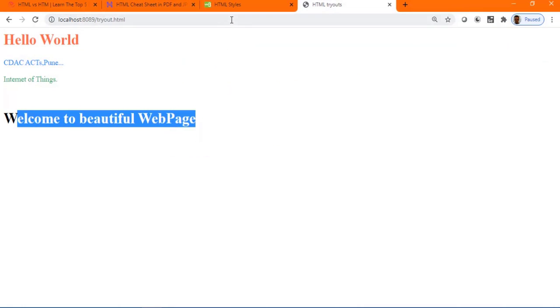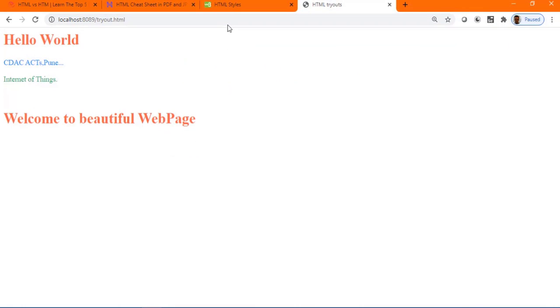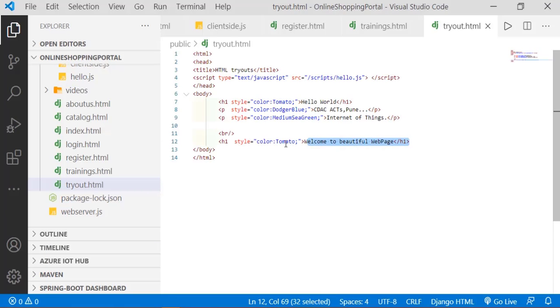What will happen if you have a lot of H1 elements within a web page? During that time, you really have to go back into the code, and inside this code, we have to write this H1 like this every time. So can we improve the readability of this H1 by keeping only the H1 element and defining the style somewhere on the top?